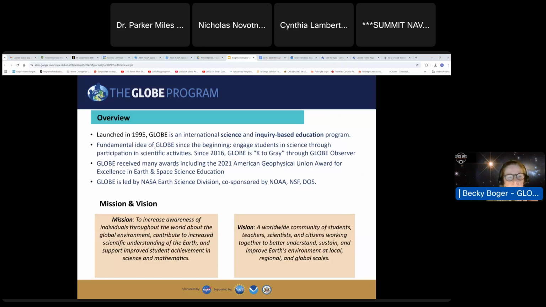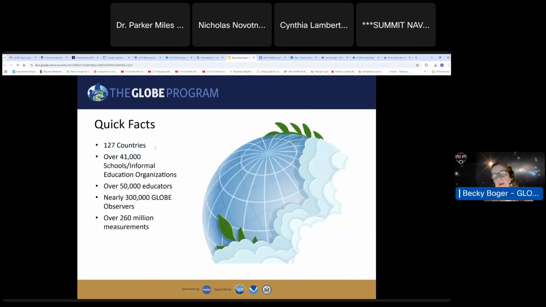So just some quick facts about Globe. We're in 127 countries. To become a Globe partner country, there is a bilateral agreement that needs to be established between the U.S. government and the other country joining the Globe program. There are over 41,000 schools or other informal education organizations that participate in the program. We have over 50,000 educators,